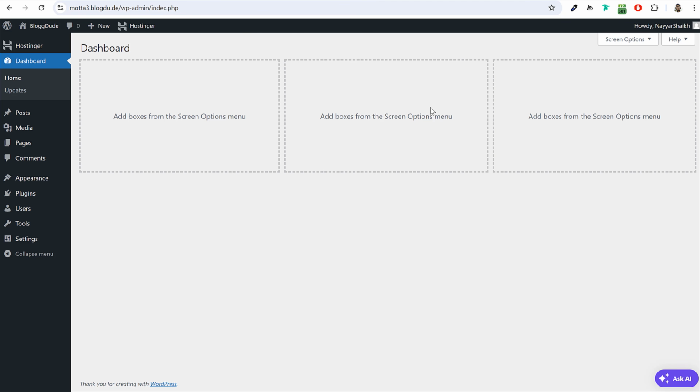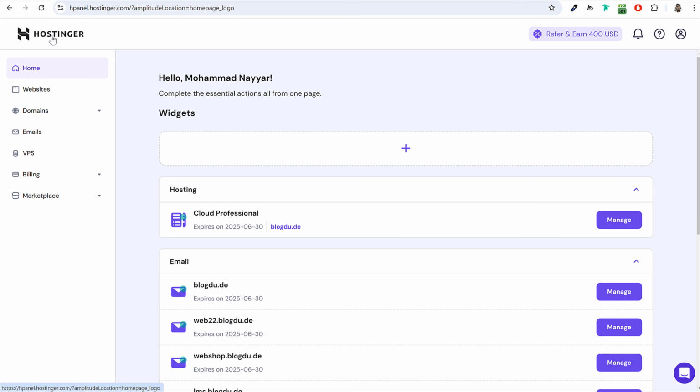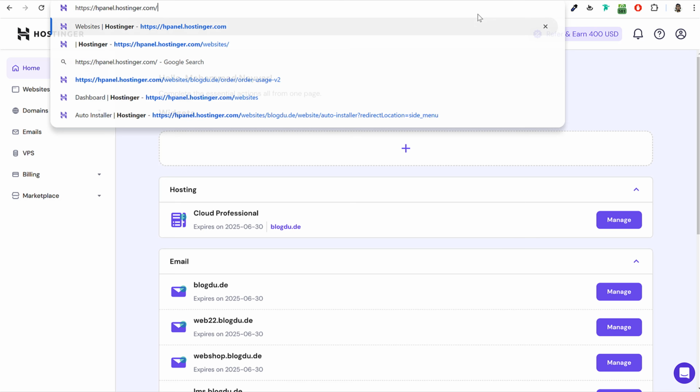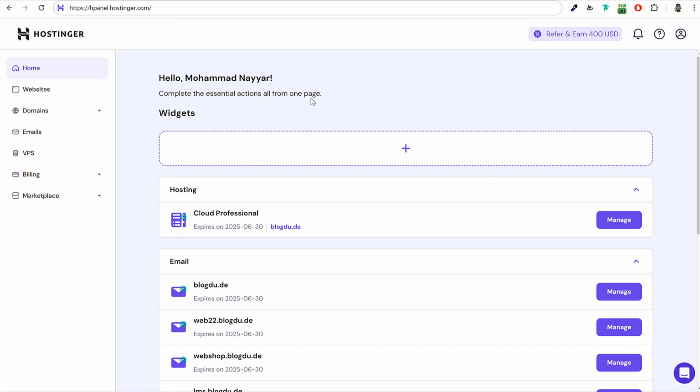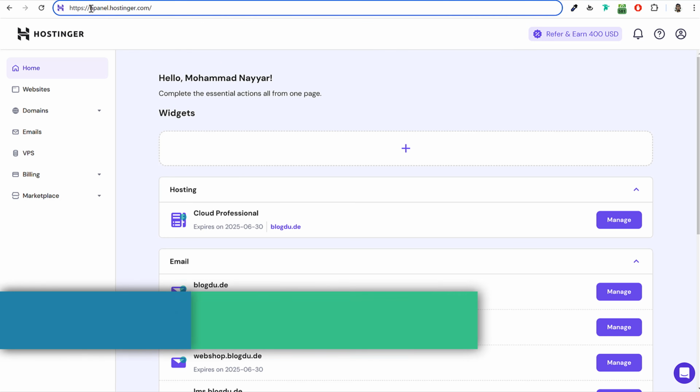Now before we proceed further, let me show you a few more things. Let's again come back to our Edge panel. Okay, this website. Now, first of all, let's go back to the home page. Okay, this is your Hostinger home page. Whenever you want to come to Hostinger's control panel or home panel, you can simply type in this link,